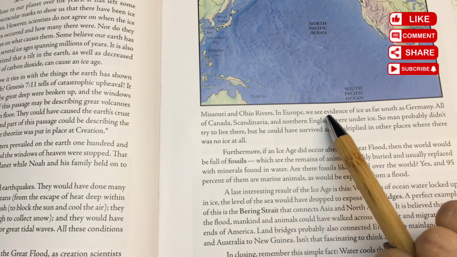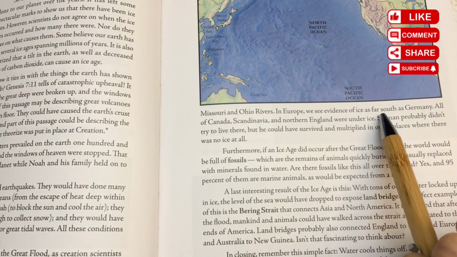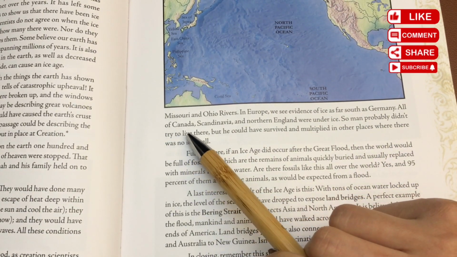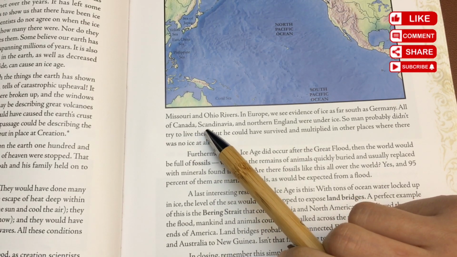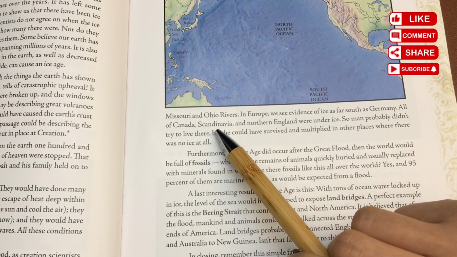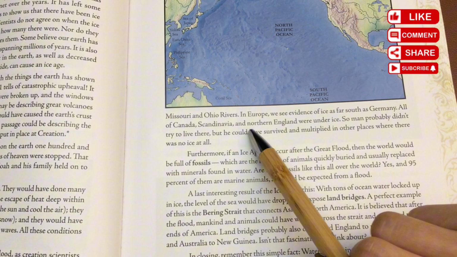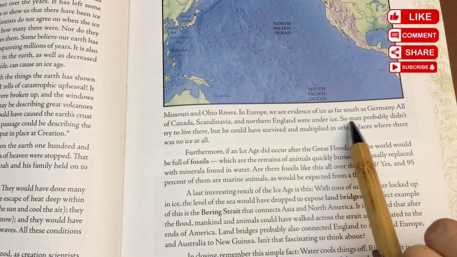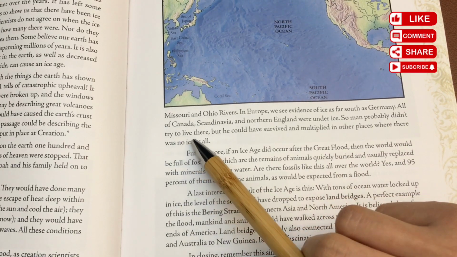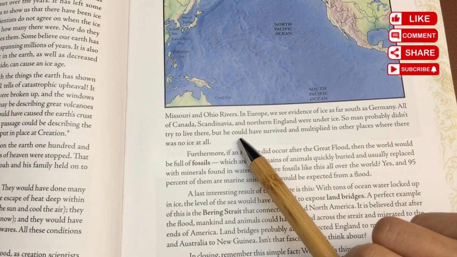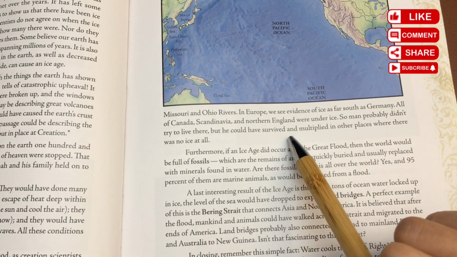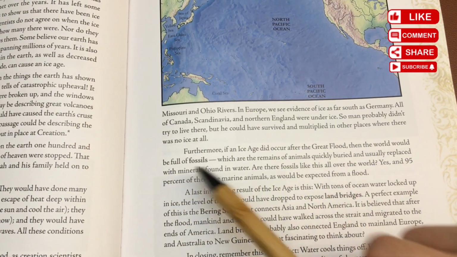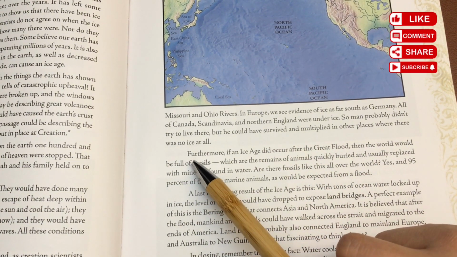In Europe, we see evidence of ice as far south as Germany. All of Canada, Scandinavia, and northern England were under ice. So many probably didn't try to live there, but they could have survived and multiplied in other places where there was no ice at all.